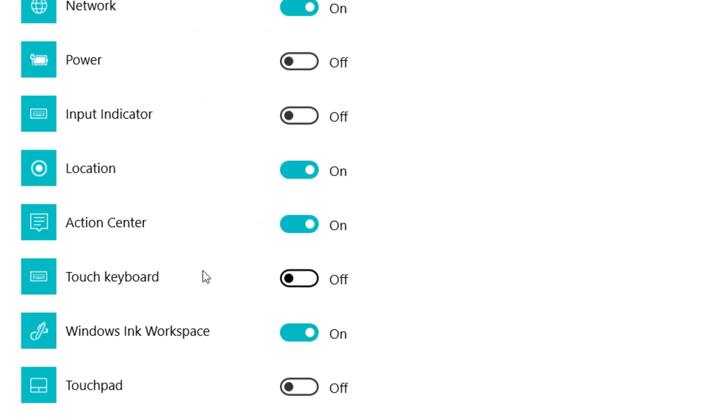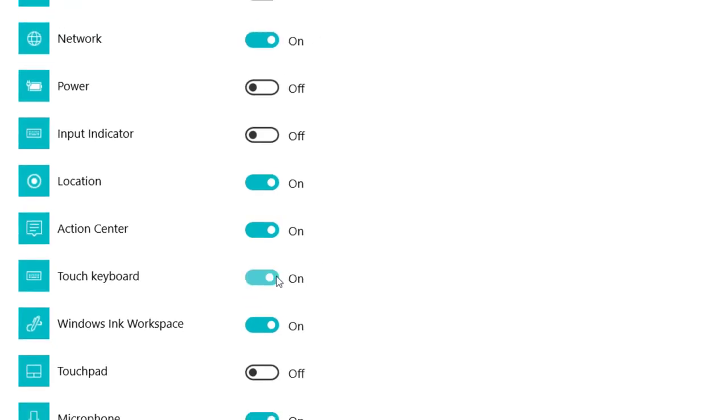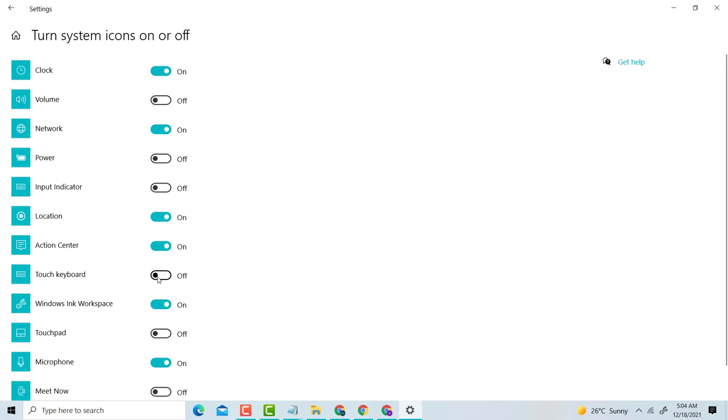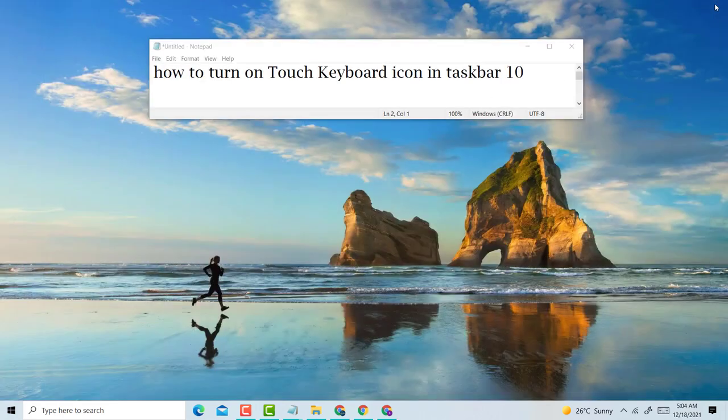Here is the option touch keyboard. If you want it on, slide to the on position. If you want it off, slide to off. If you want to turn on or enable it, slide to the on position. That is it. So guys, this is a very simple and easy method if you want to turn on the touch keyboard icon